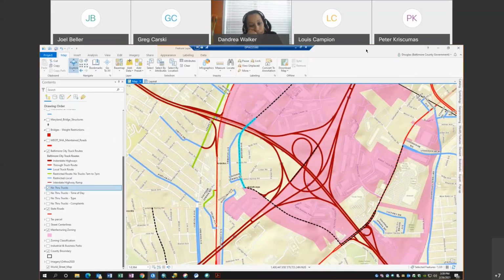And DeAndrea, we've tried every attempt there. And Ed Reed's on the call. He can attest to this. I don't know if Keith Link is on here, but we even looked at that section of Benson Avenue that's residential to maybe put traffic calming in. But the volume of traffic is way too high to put traffic calming in there. So I think the only alternative is a camera there to be able to make this issue go away.